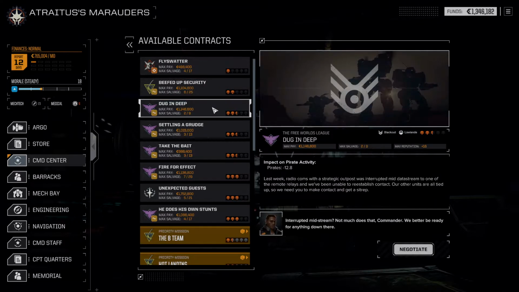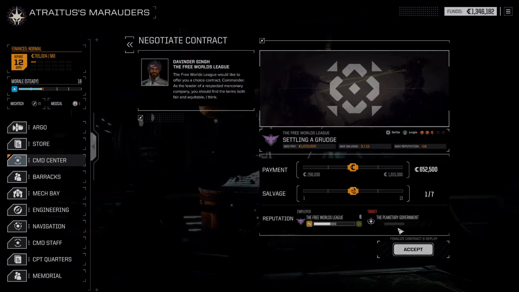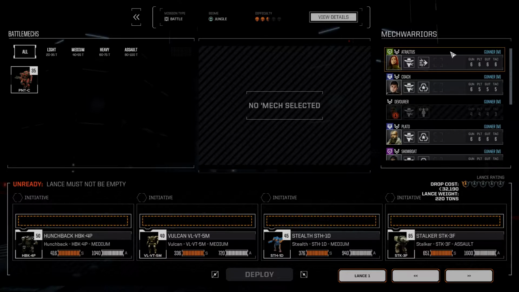This is a defend base, this is a blackout, this is a battle here. If there's only a single local government lance, even with it at 2.5 skulls, that might not be too bad. It's about 1 million pay. It's not really worth the salvage, I think. Because of priority salvage, we don't even get an extra priority salvage here, so we'll just go 1-4 and 833k. And then I believe we will go for, let's see here,